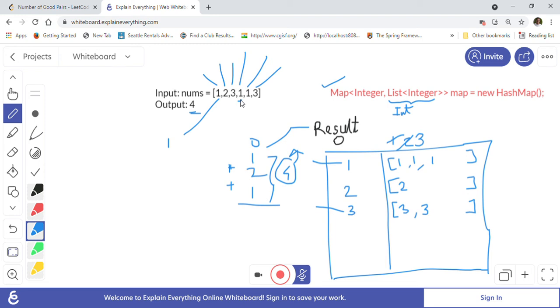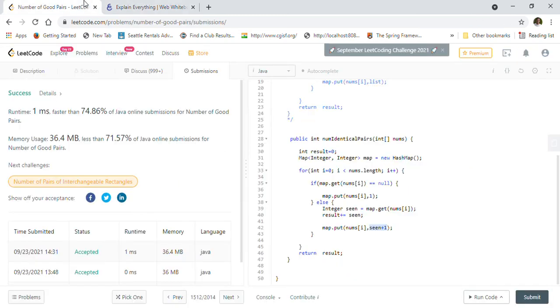When we go here, we will update the frequency from 1 to 2. When you see this 1 again, we will update our frequency from 2 to 3 here. So that's what we are doing here. We are not maintaining any list, we are just maintaining the frequency we have seen by integer comma integer. So this is a better approach on the space side.